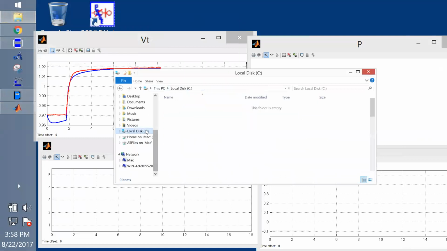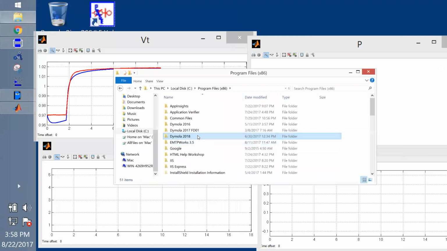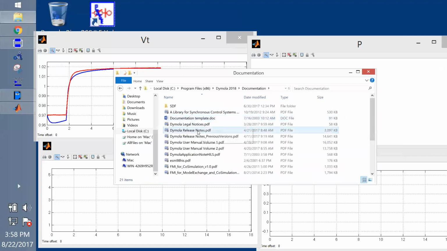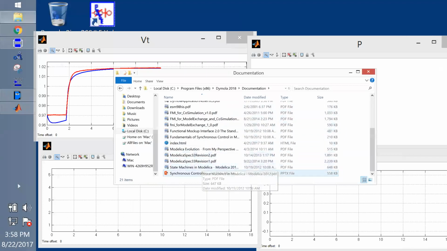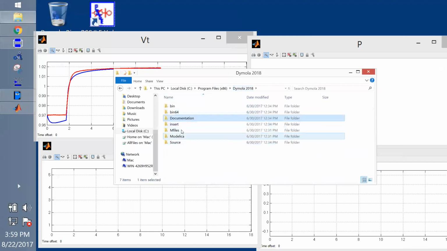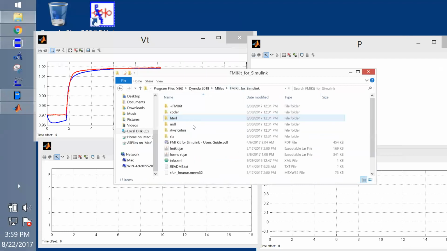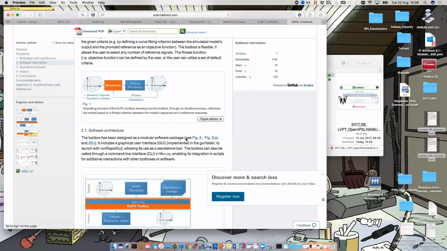I think you can go under C, program files. Say this is Dymola 2018 documentation, I think, and then you can look for it. Do you see FMI toolkit there? Okay, so it's not there. Then go into M files. Yeah, FMI kit for Simulink. So that's their own version of the FMI toolbox from Modelon. But it only works with